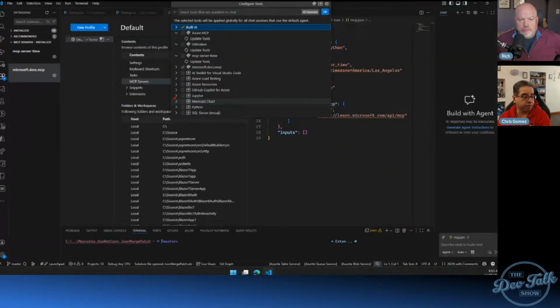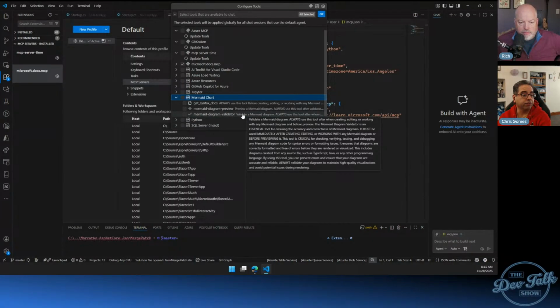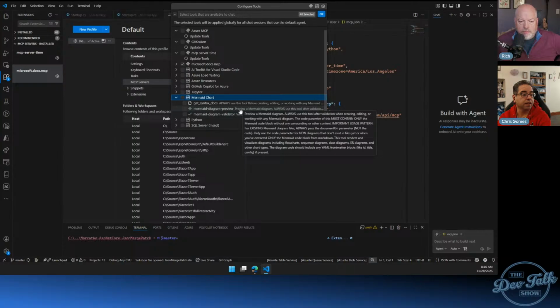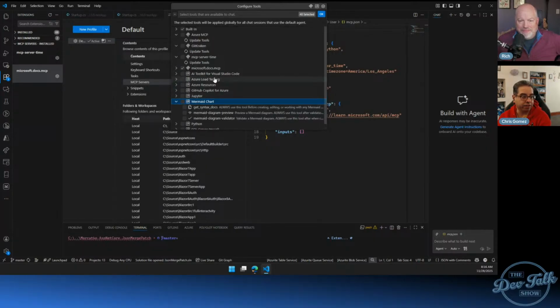What does it say it's doing? Syntax documentation, then validation, and preview. All right. So the extension brought it in and checked it, and I'm not using it right now. So I thought maybe I was partially doomed to always having to manage this.